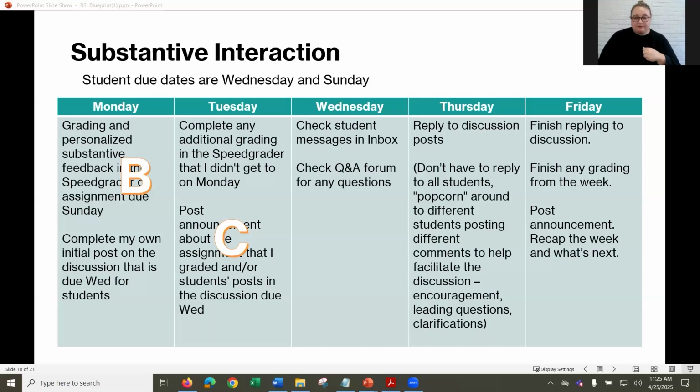I think E. Okay, so for Wednesday, good try. Depending on the Q&A forum, exactly how that is formatted, it's probably not going to count as RSI.